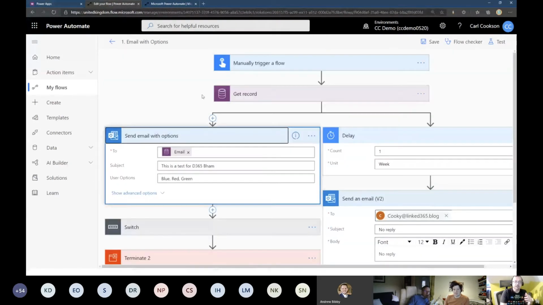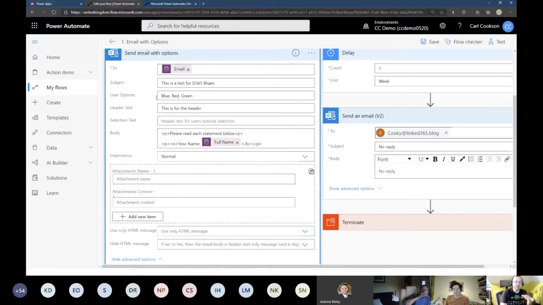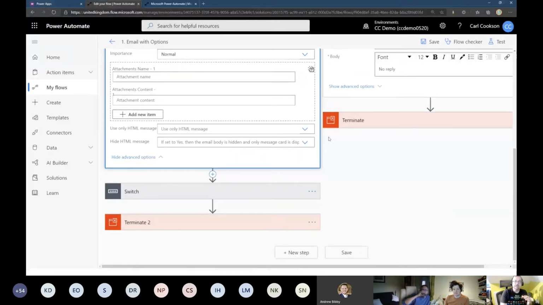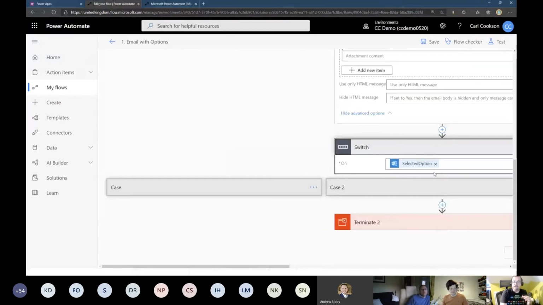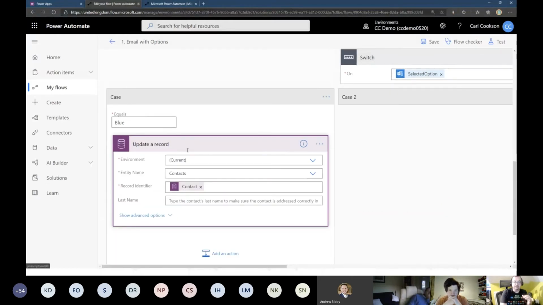And on this other side here, this will just sit there and wait until we get a response. So if I was testing this now, it would wait until we had the response, and then we can go through and look at the response that was received and do something on the record, which at this point is updating the contact. And if I just show you the email that gets received in my inbox, if I can find my inbox,